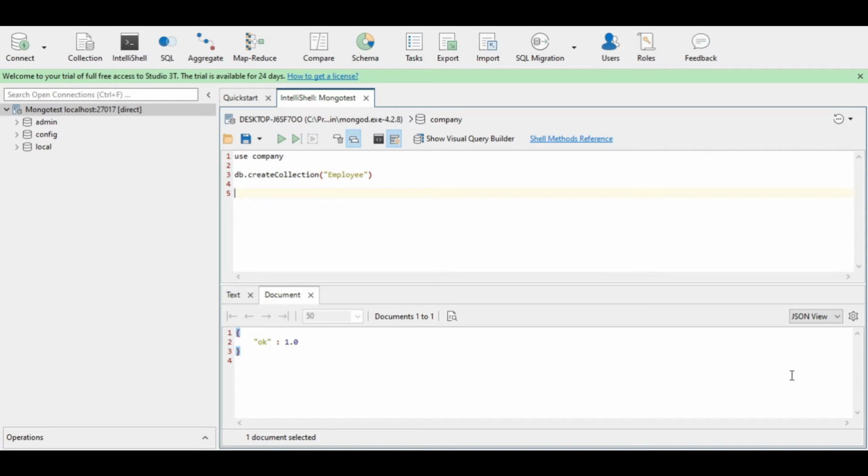Now we will be storing documents of 3 employees, and each document will contain 3 fields, that is the employee ID, the employee name and the department of the employee. So db dot collection name dot insert, then as we will be storing multiple documents we need to have square brackets also.